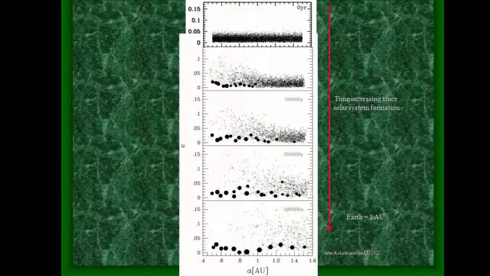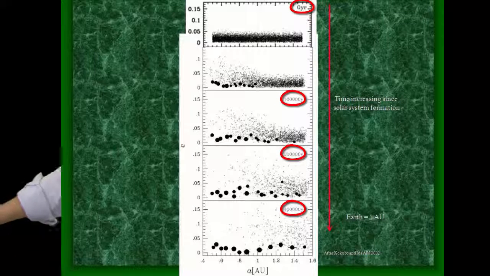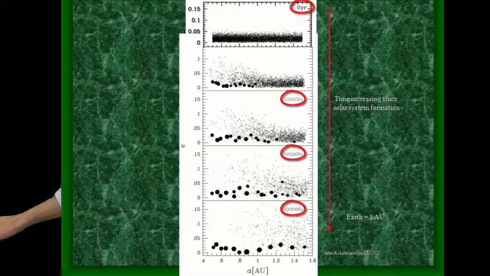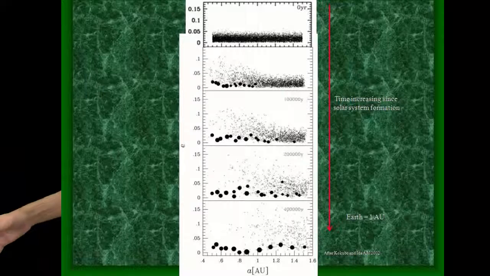I just think this graph is to die for, because this is a computer modeling of what I've just been talking about. Well, let's first talk about that big red line on the right. That's to show a time sequence. You're looking at 5 graphs. We start out at 0 years in the computer model. We start out with a fairly evenly distributed amount of mass in the solar disk,